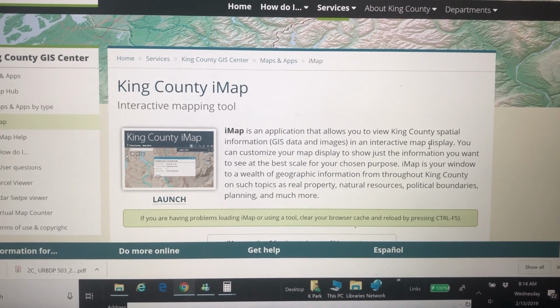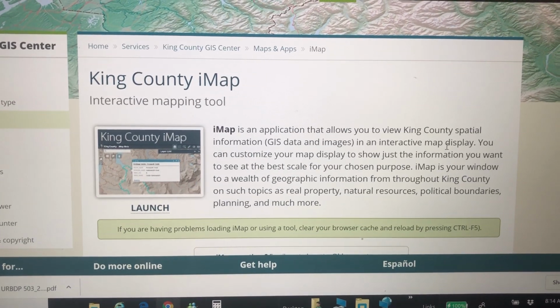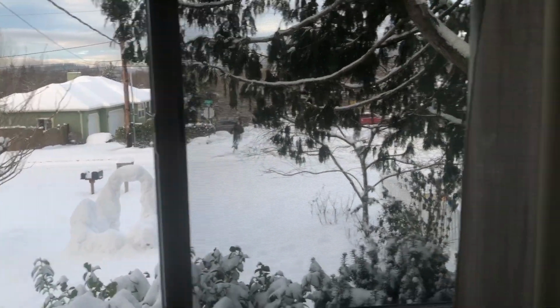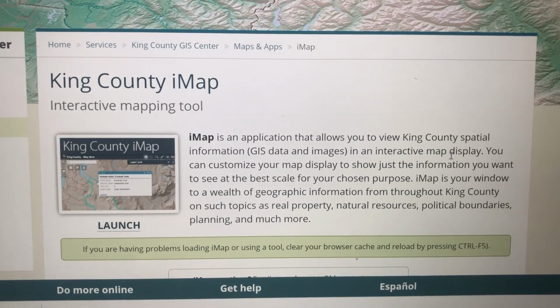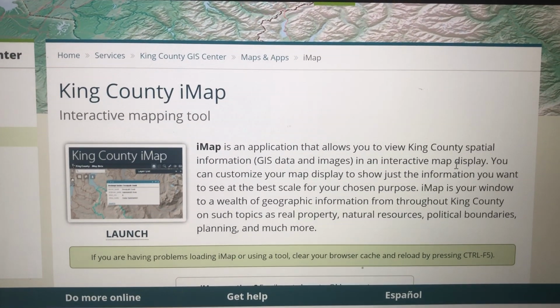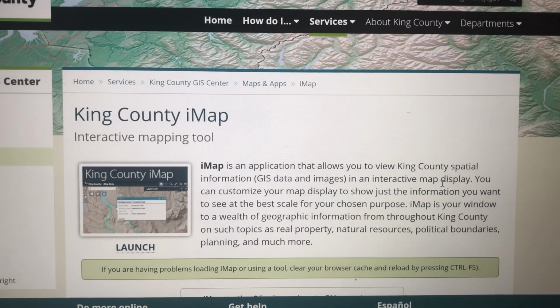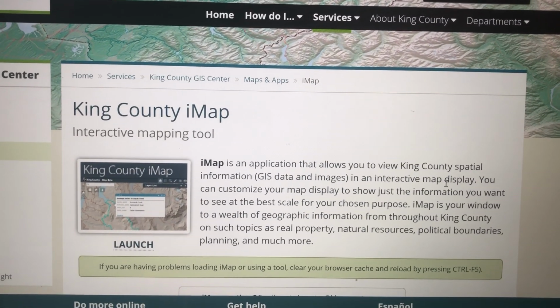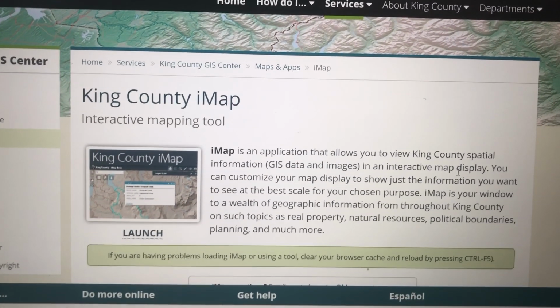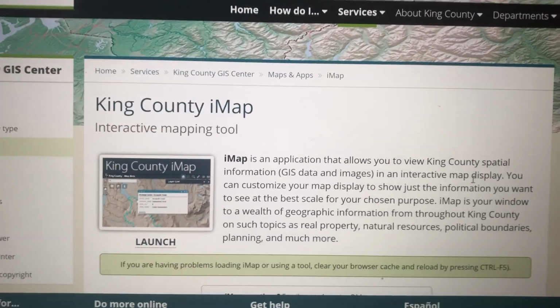So this is King County IMAP. If you're stuck at home, much like myself, prepare for some whiplash. Here's all of our snow. We've still got a lot. So if you can't get to school to do GIS, or if you just want to give this a quick try, I often use King County IMAP for simple sketches and information because it's free. So if you click on launch